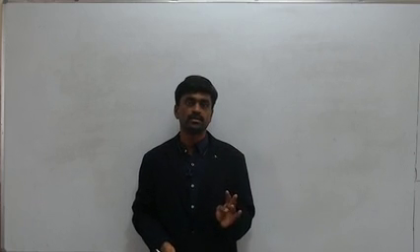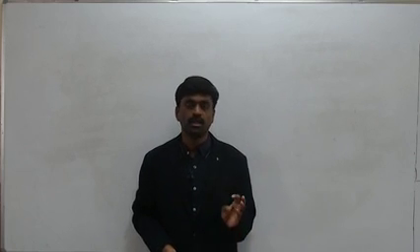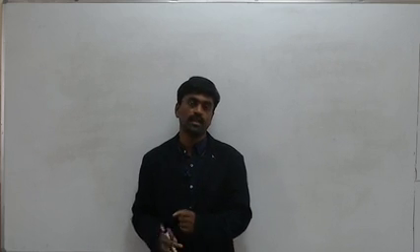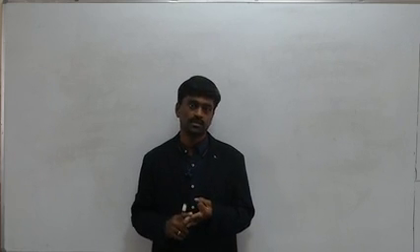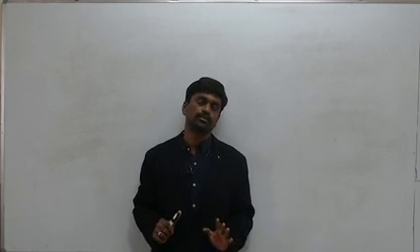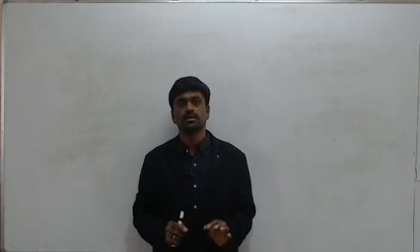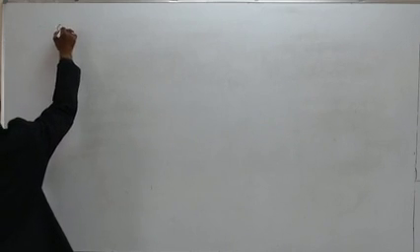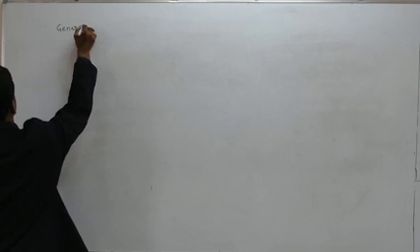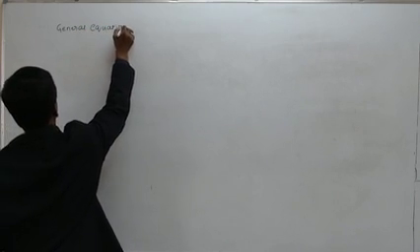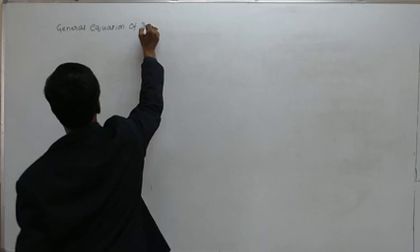Here a, b, c, d are constants, x, y, z are variables and d is the constant term, and among a, b, c at least one of them should not be equal to 0. Then only that equation represents an equation of the plane. So the general equation of the plane